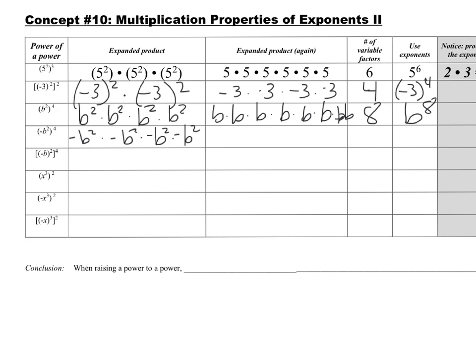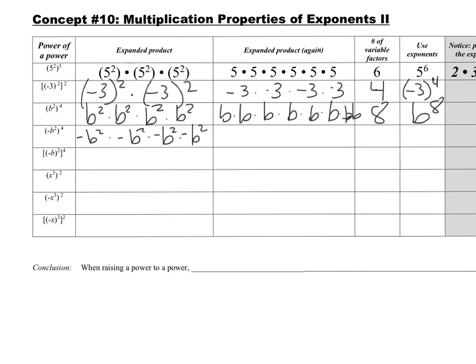So we're going to write -1, -1 times b times another -1 times b times b times another -1 times b times b, and then we have one more, right? Another -1 times b times b. So now if I take a look at this, if I'm going to multiply all of this together,